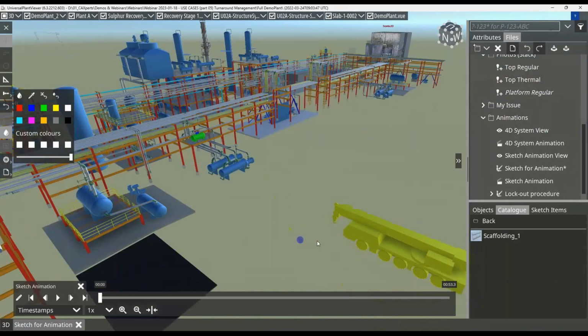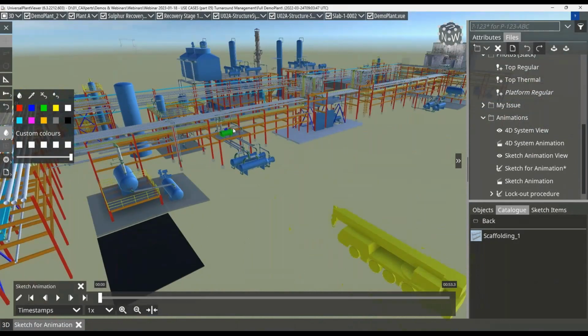So the crane needs to move in here, pick up this vessel, this drum, and place it over here on a black laydown area. I'll run this double speed. So not only that we're able to do animations and simulate single scenarios in